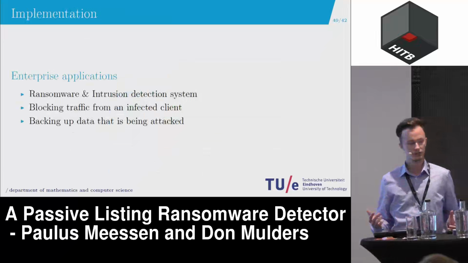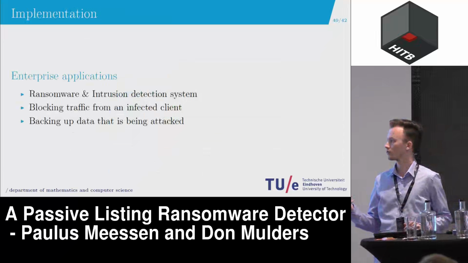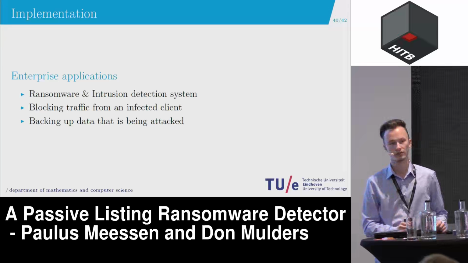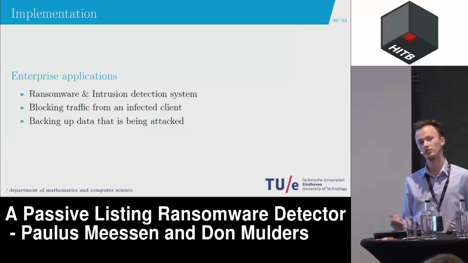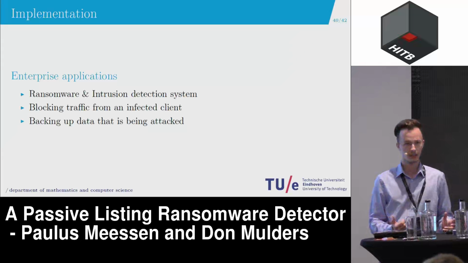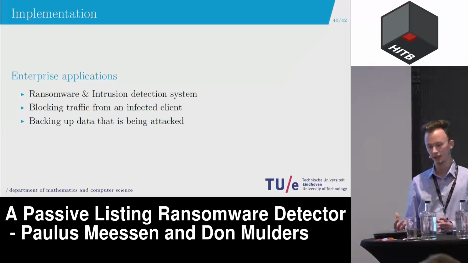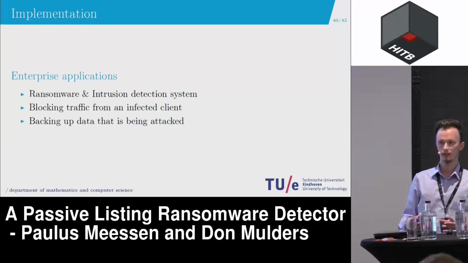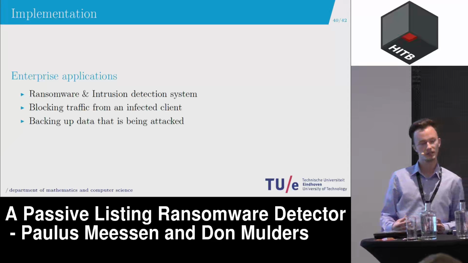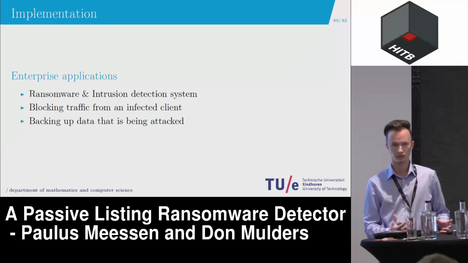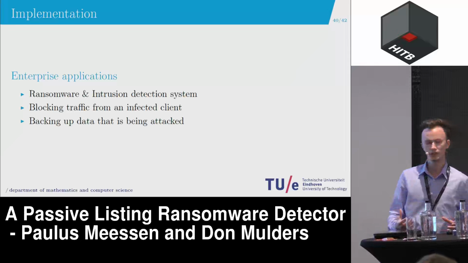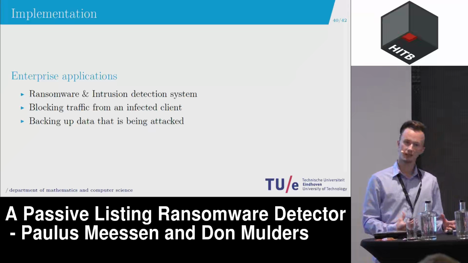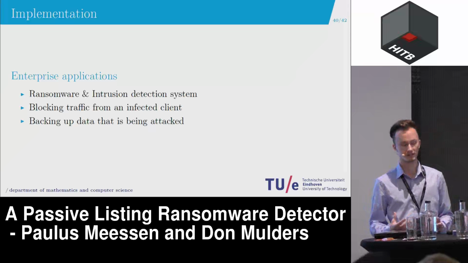So what can you actually use this for? Well, first off, a ransomware intrusion detection system is a really obvious one. But you could also, for instance, block traffic from an infected client, because SMB actually contains the data from where the messages are sent. So you have an IP address that you could block, for instance, if you deem it as ransomware. And another interesting feature that could be implemented is backing up the data that has been recently attacked,